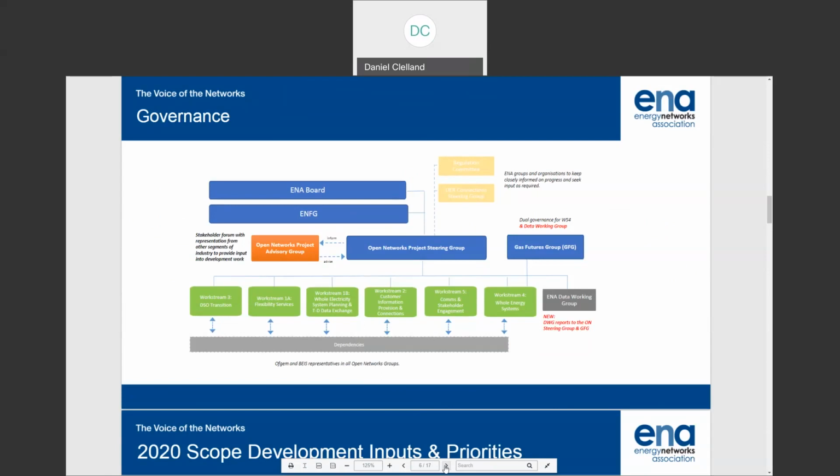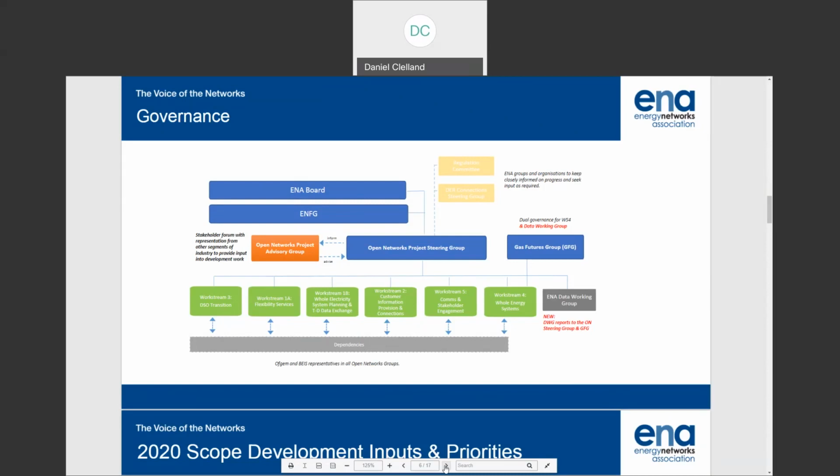So it reports directly there, which emphasises the importance they place on the work being done under this project. The actual work is delivered by a series of work streams shown in the green boxes, and very importantly, sitting alongside the steering group is the advisory group. This comprises stakeholders from across the industry, and we use it as a sounding board to play back what we're looking at and how we're moving forwards, but also to get feedback directly from them on the direction we should take in certain areas.